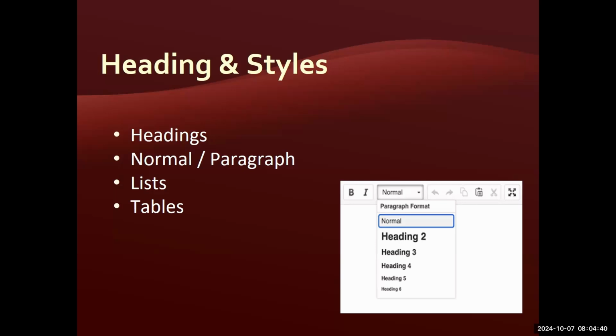In Canvas, it automatically labels the title of the page heading 1. That will be followed by a subheading, which is a heading level 2. If there's another subheading, that's again a heading level 2. But if there's a subheading under that, it will be a heading level 3. And as you see from the image here, it can go all the way down to heading level 6 and beyond. The normal style, sometimes referred to as paragraph style, should be used for the balance of text